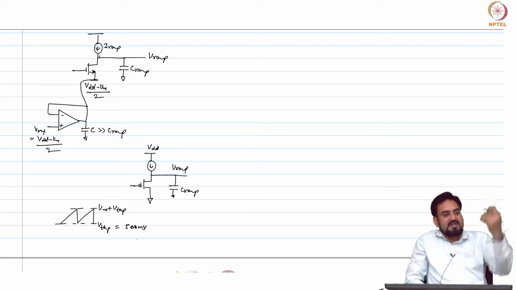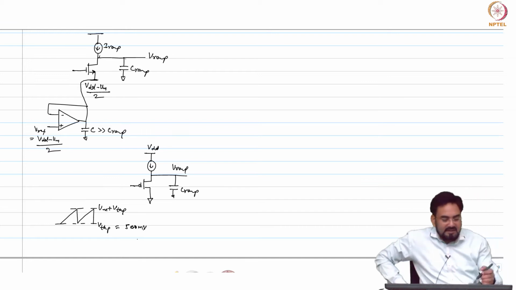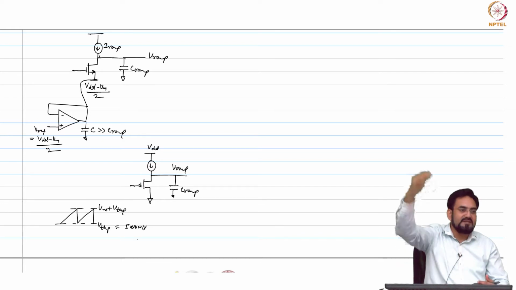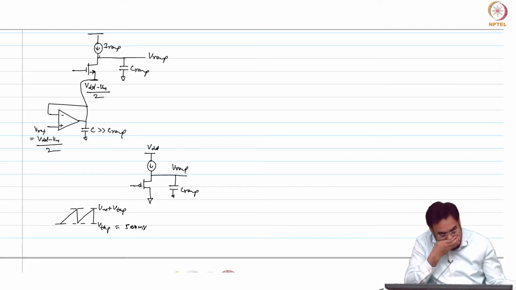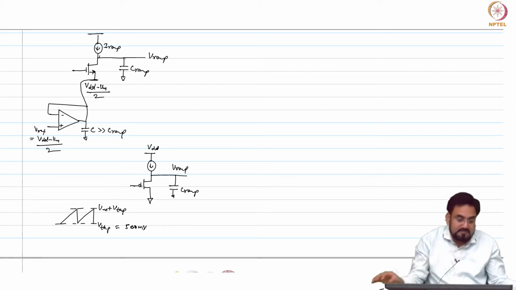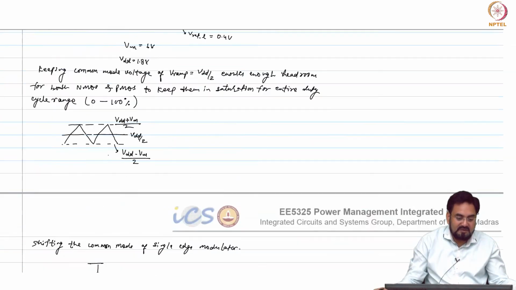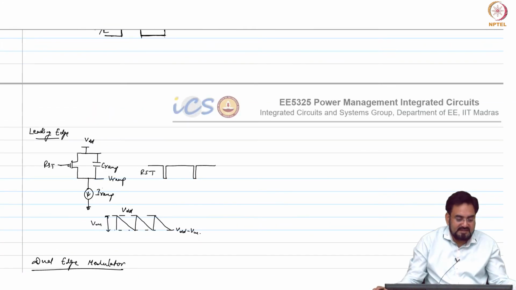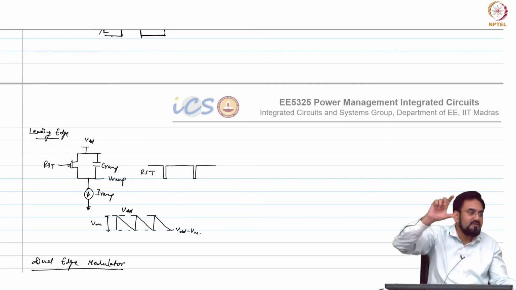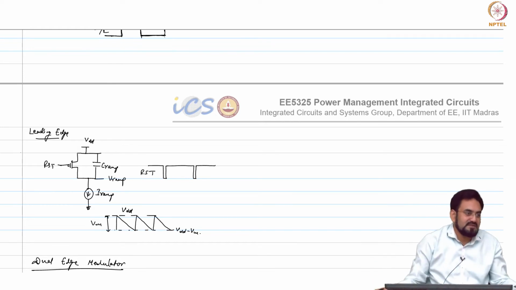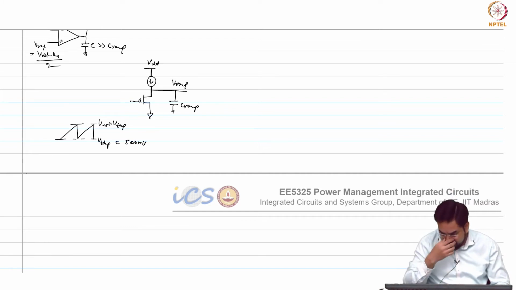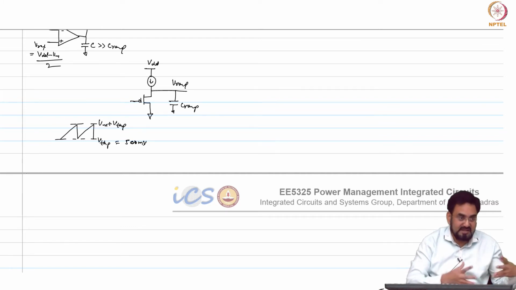And if you are operating at a much higher voltage, let us say 5 volt or so, then you can stack multiple PMOSs and use 2 VT, 3 VT, whatever you want. Similarly, for the leading edge, we are charging this to VDD through a PMOS. If we use an NMOS, then it will limit to VDD minus VTN, that is it. So, these are the small things you need to take care of when you are designing your DC-DC converter.